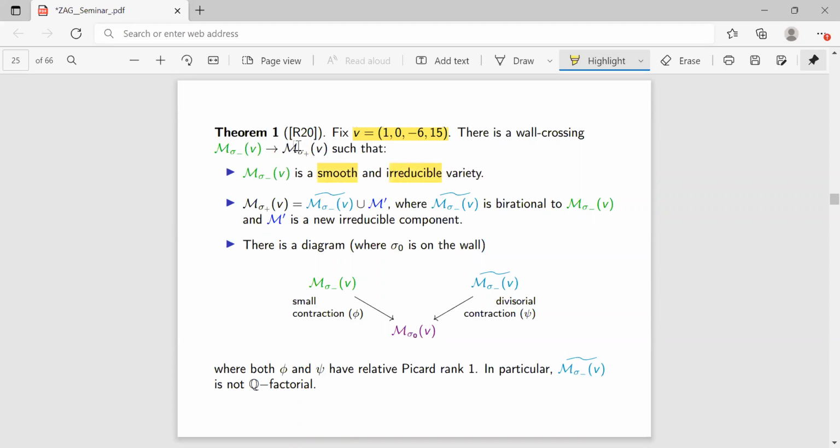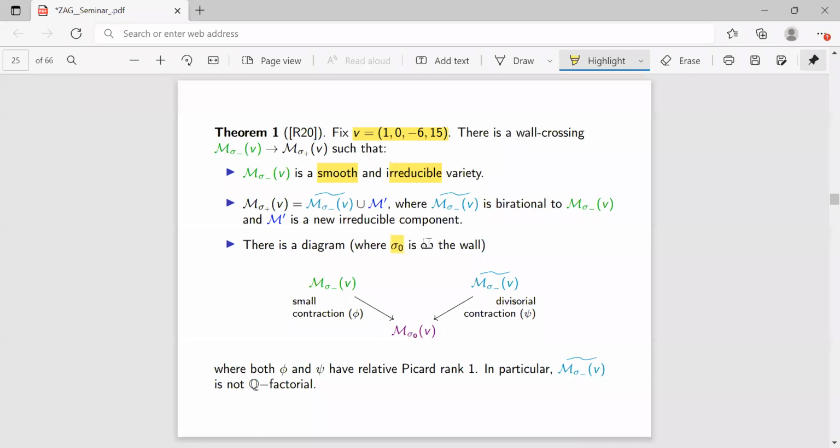But this one, M sigma plus, is not irreducible. It has a copy of this previous one and a new component, a new irreducible component. Okay. And then the next part says that